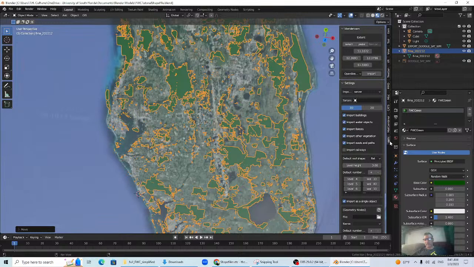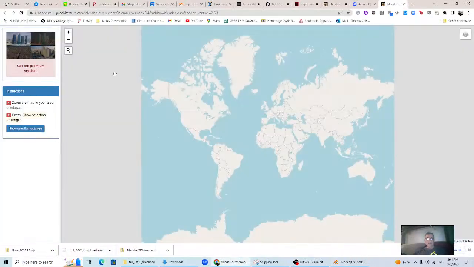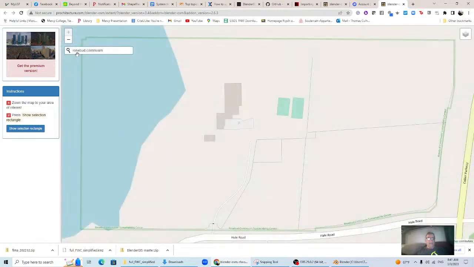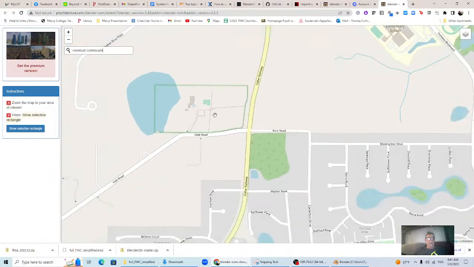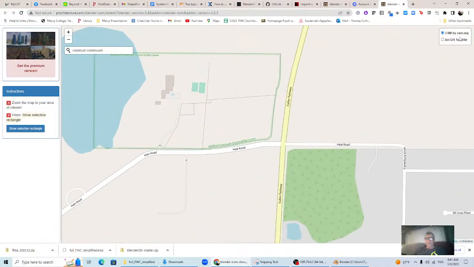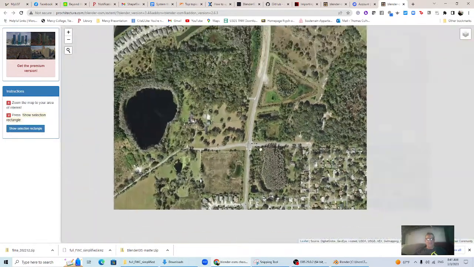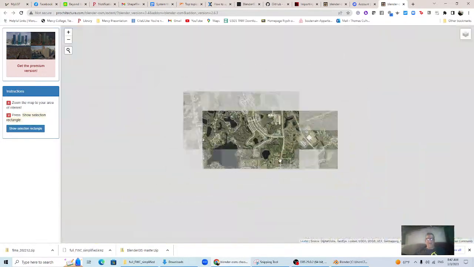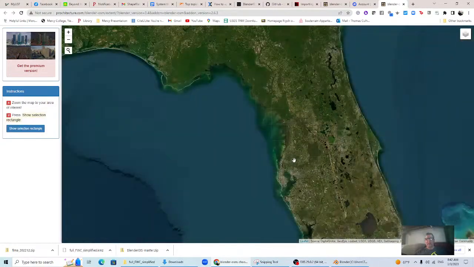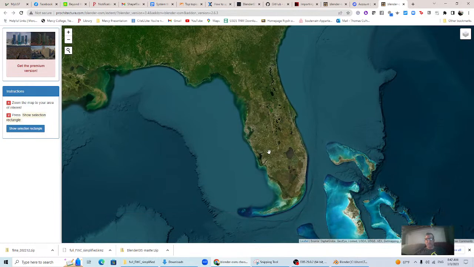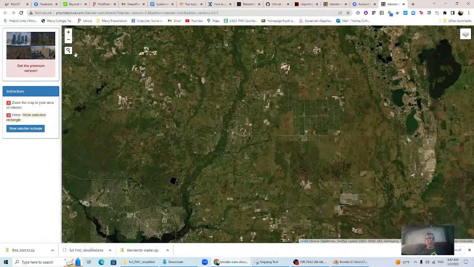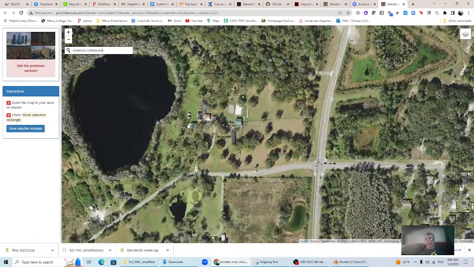So I switch to Blender OSM itself, and I go select, and it brings up a map, and now I say Rosebud Continuum, and it comes up right there. I can go to the map to look at it by satellite. There's where we are, and obviously I could zoom out and do the entire state of Florida with Blender OSM as well, but I don't want to. I want just to do Rosebud Continuum and get that as my